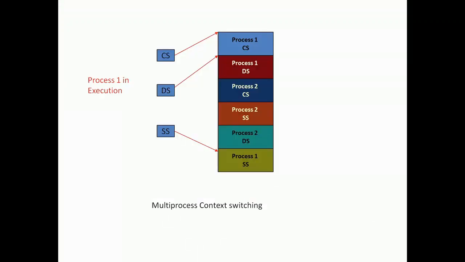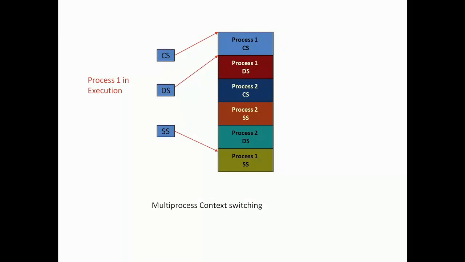Before we wind up the session, the next important thing that segmentation will teach us is multi-process context switching. Please understand, this is very, very important. All the servers that are working today are multi-user operating systems. Even our mobile phone has multiple processes running there. It is not just users; even a single user can spawn multiple processes. So, this is a multi-process